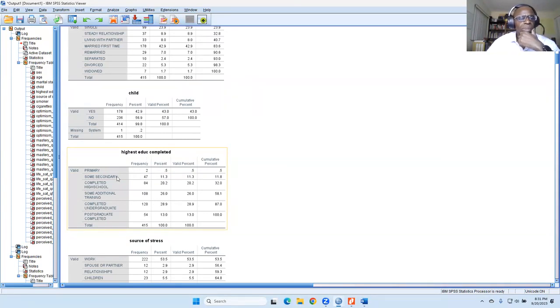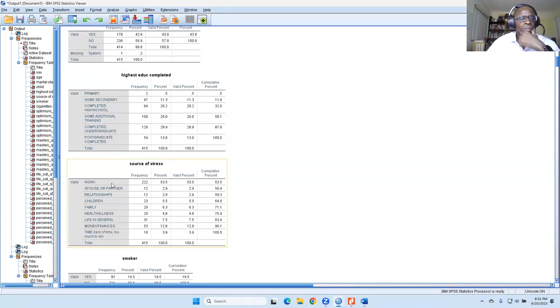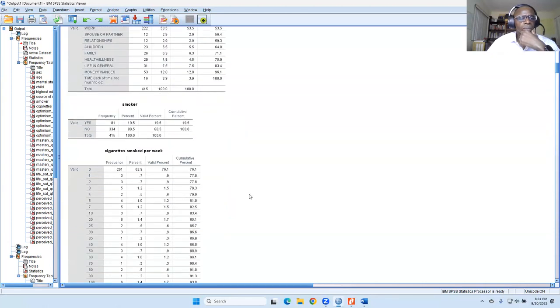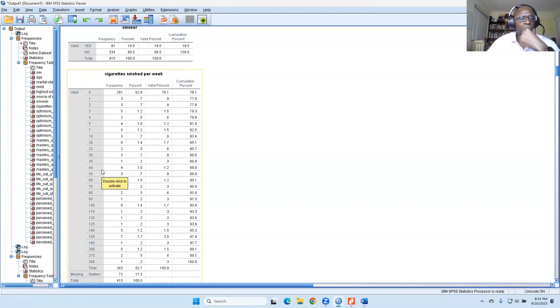Highest education completed. All right, these look good. This looks good. Smoker, yes, no. Cigarettes smoked per week. Okay, so these are the people who smoked.